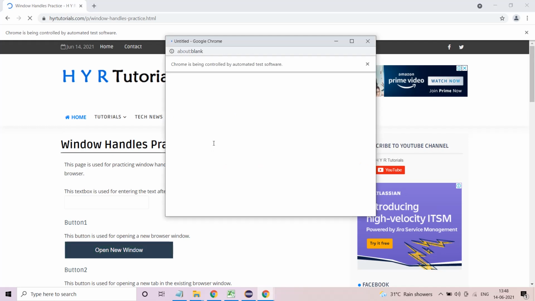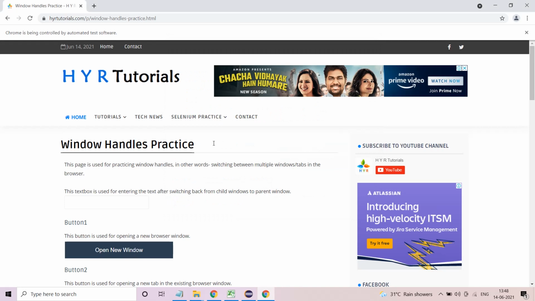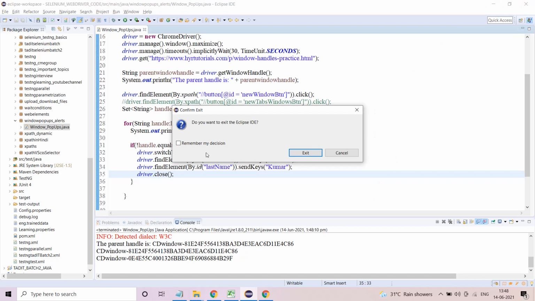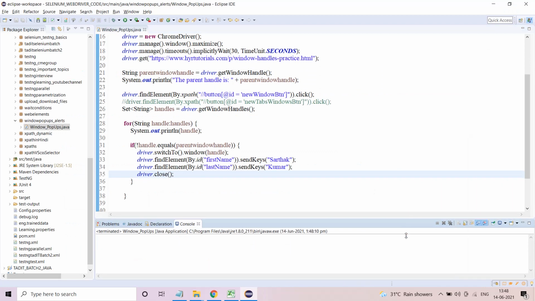Okay, my internet, okay, finally it opens. So it will enter, okay, it entered, and then it closed. It entered very fast. So now I'm closing it manually. Okay, so it is working. So this thing is absolutely working fine.